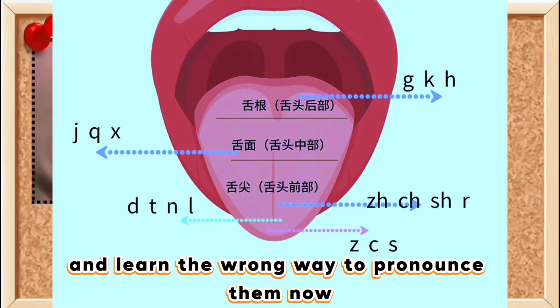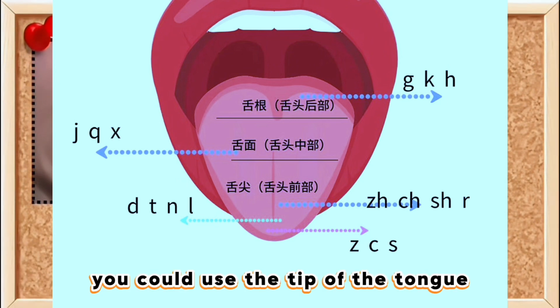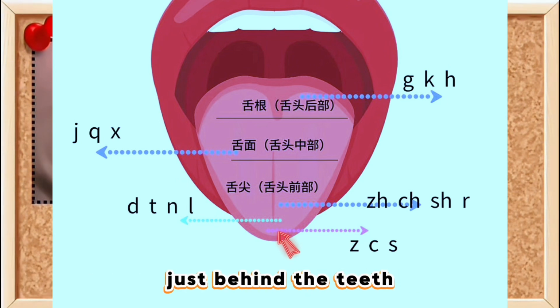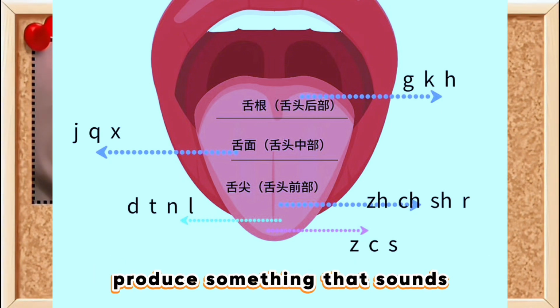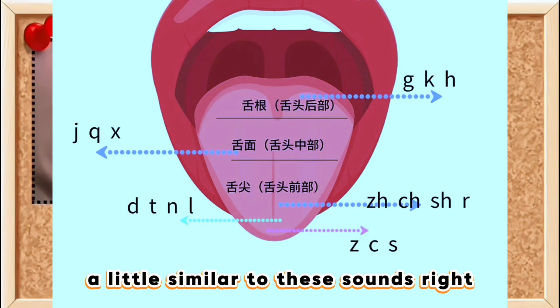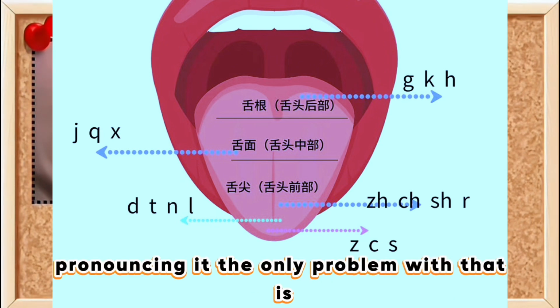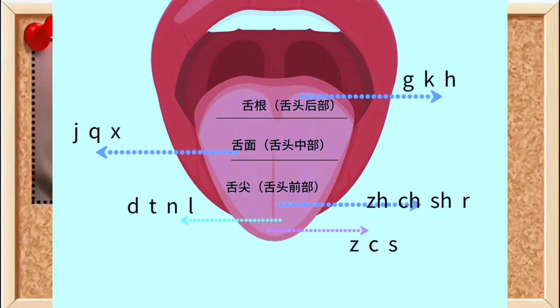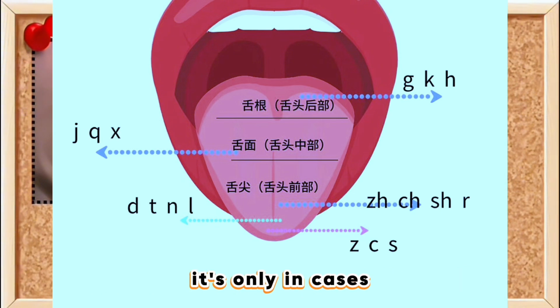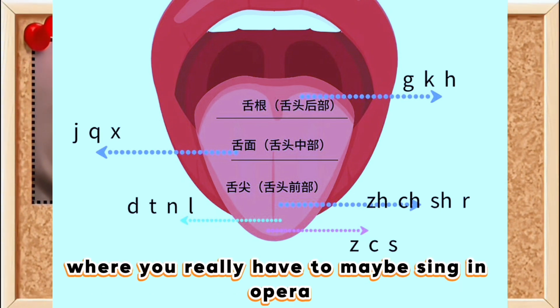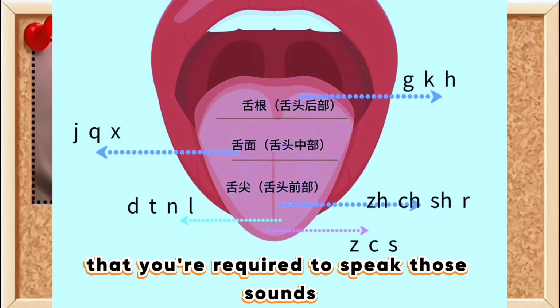to pronounce them. Now, I'll tell you, you could use the tip of the tongue just behind the teeth, just at the part behind the upper teeth, to produce something that sounds a little similar to these sounds, right? I'll try pronouncing it. The only problem with that is it's too sharp, and most times when you're speaking, it requires a little bit of effort. I mean, you could train your tongue to speak that way, but we don't usually speak that way. It's only in cases where you really have to, maybe sing in opera,